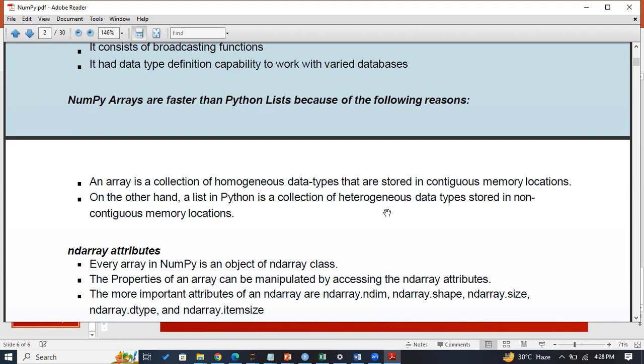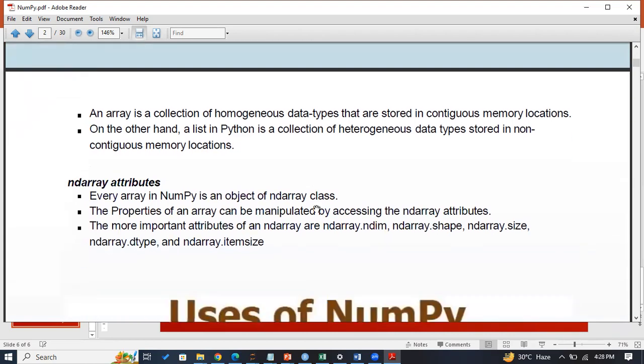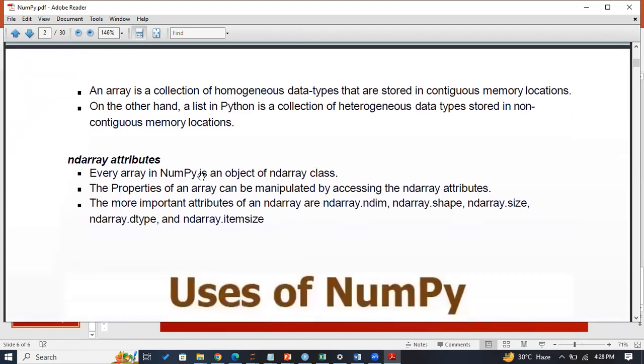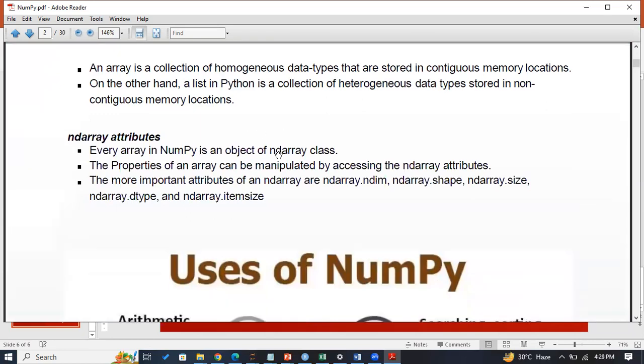This is the difference between this. That's why the array module works very fast. And the array attributes: every array in NumPy is an object of an array class. The properties of an array can be manipulated by accessing the array